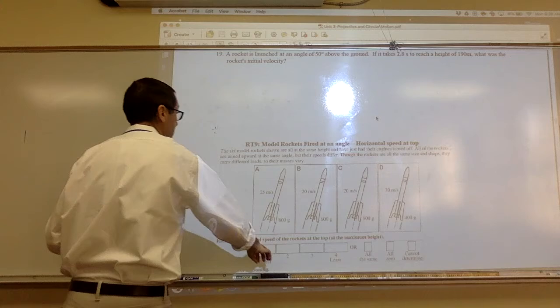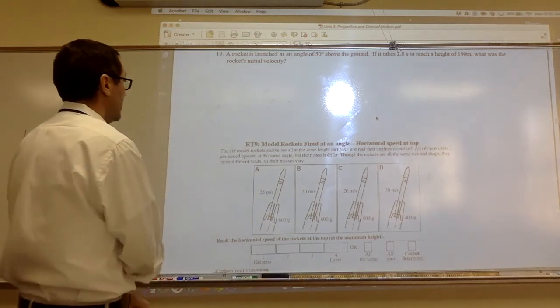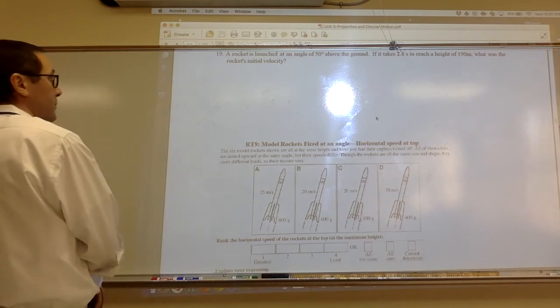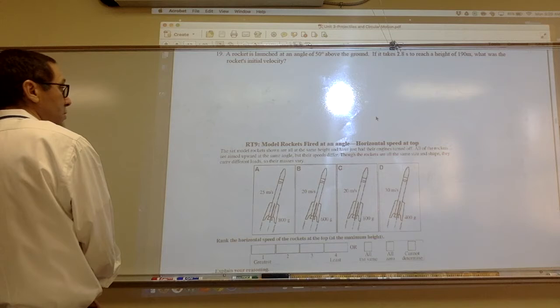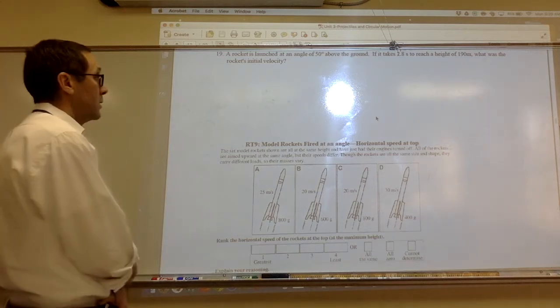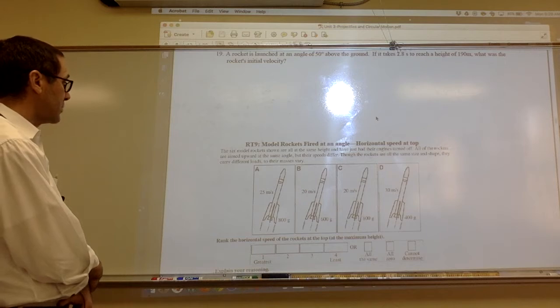Okay. The next thing we're going to do is this rockets problem. So the angle is the same, but they have different speeds. So again, the mass is just a distraction. Rank the horizontal speed of the rockets at the